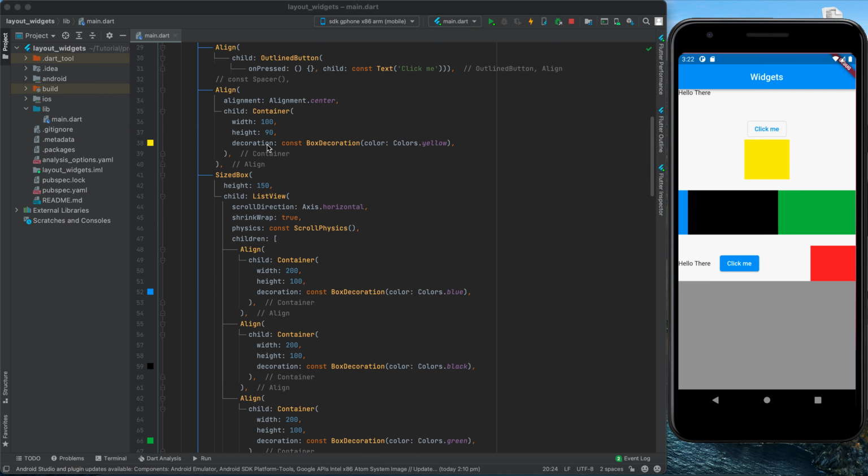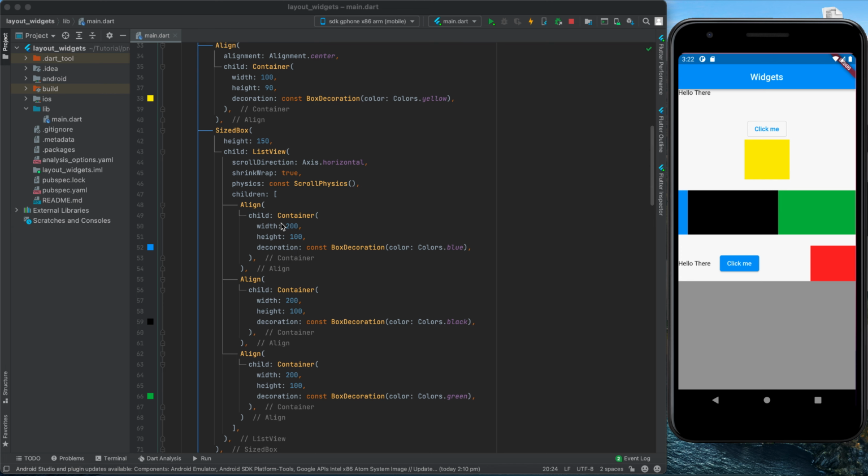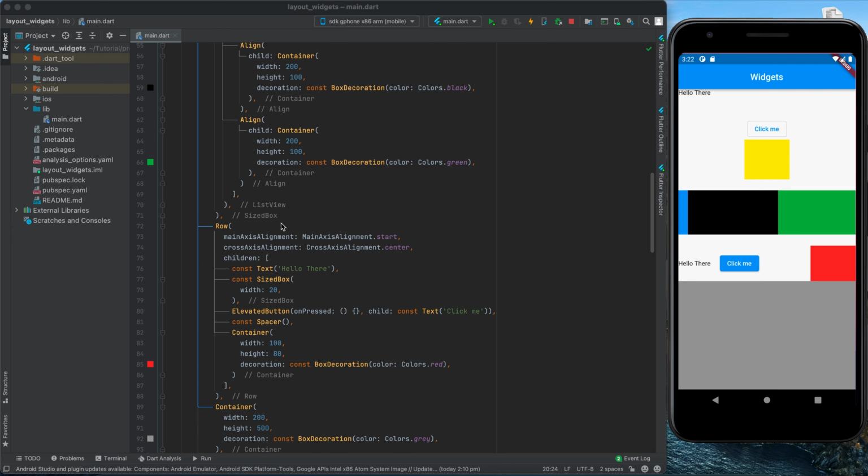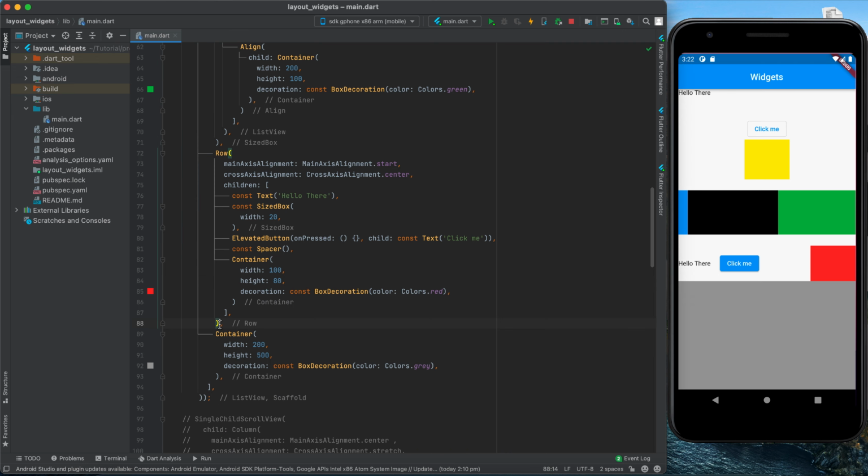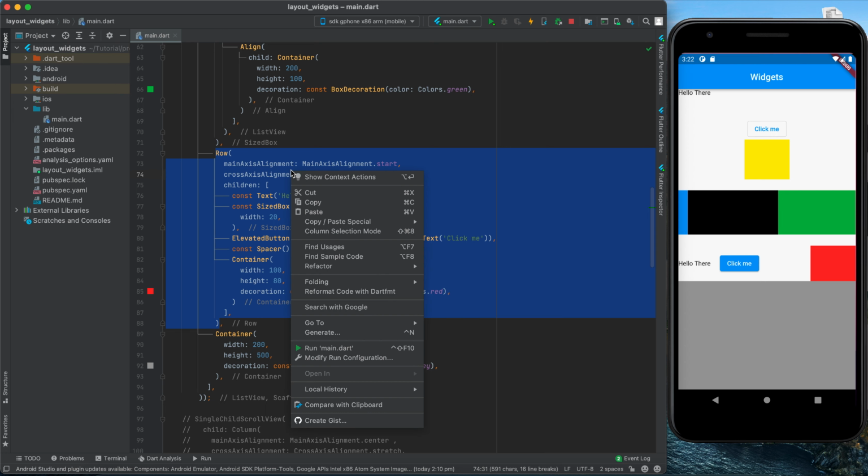But before we do so, our widget currently is actually quite messy, so we will refactor it. We will have clean code instead of that, so if we want to change something, it might be easier for us. For example, if we have a look at this row, we can refactor it. We can have this row inside another widget or another method, and here we can just call the widget or the method. So select the row and don't select the comma,